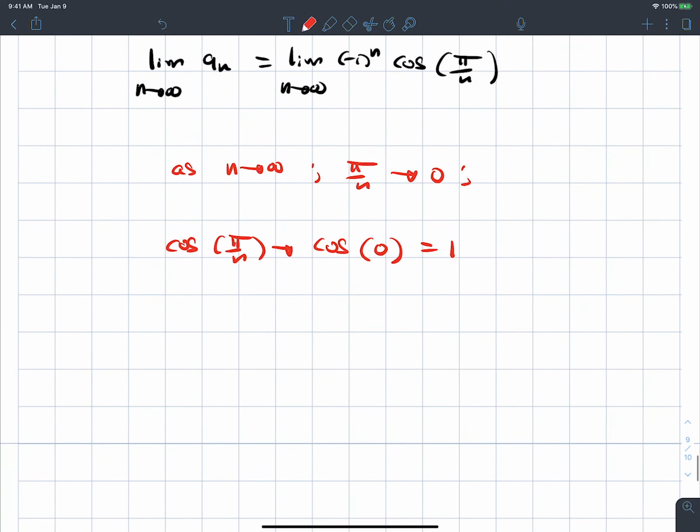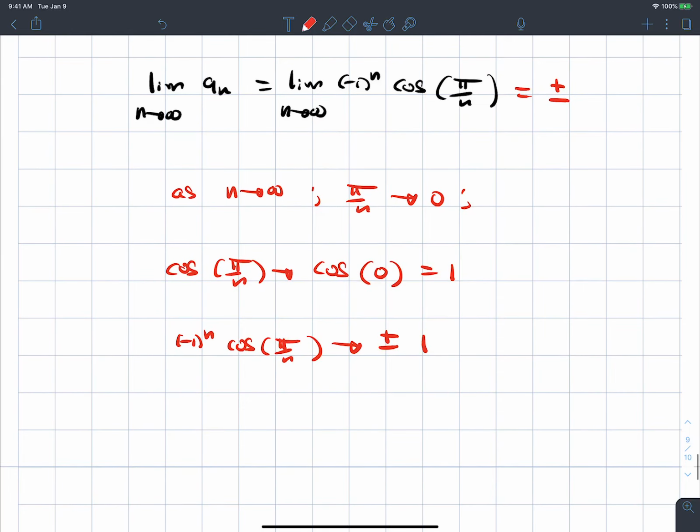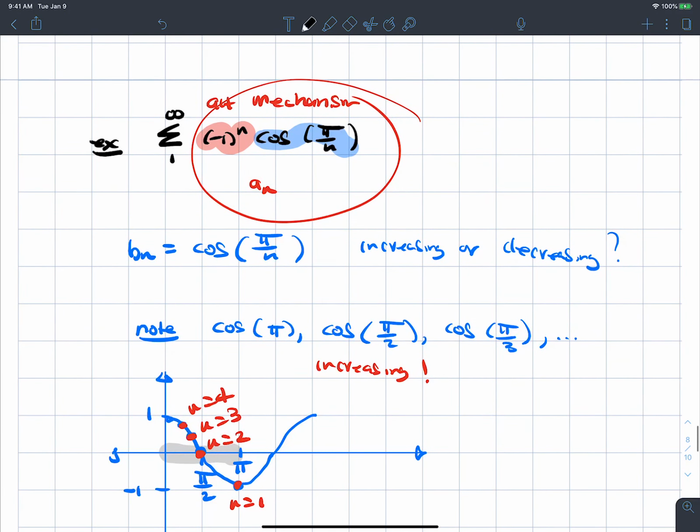And that means (-1)^n cosine(π/n) goes to plus or minus 1. So this limit is plus or minus 1, and you can't go to two locations. We say that limit does not exist. So since that limit does not exist, what's going on here is that this diverges